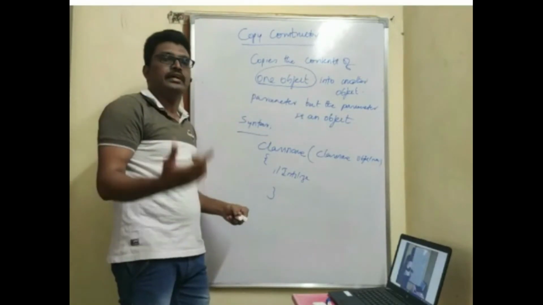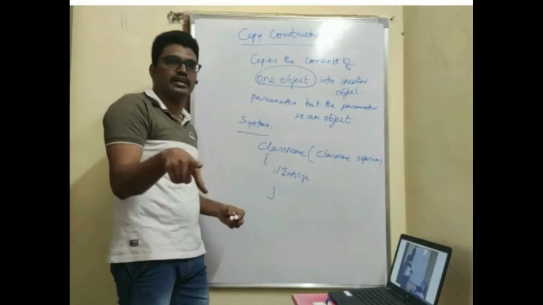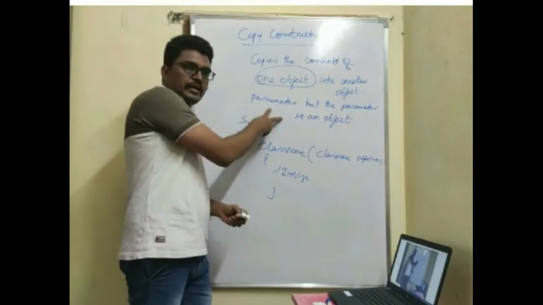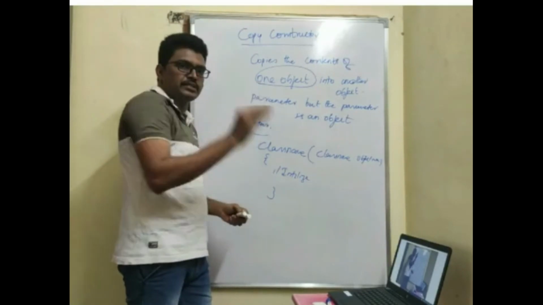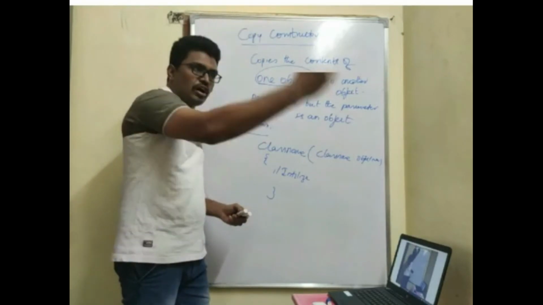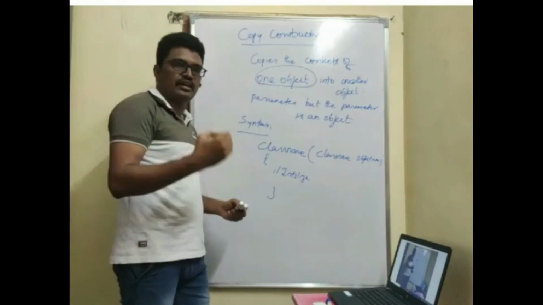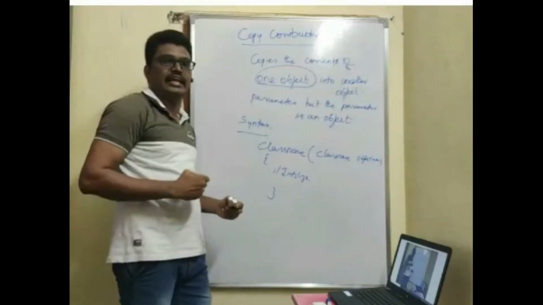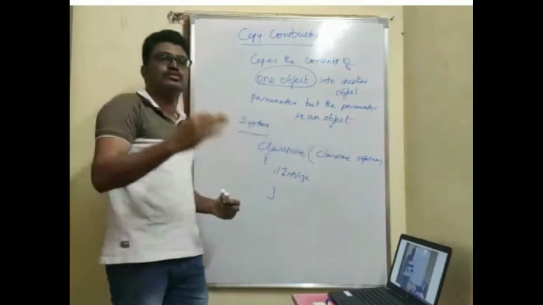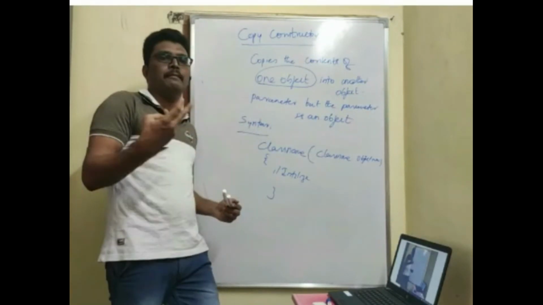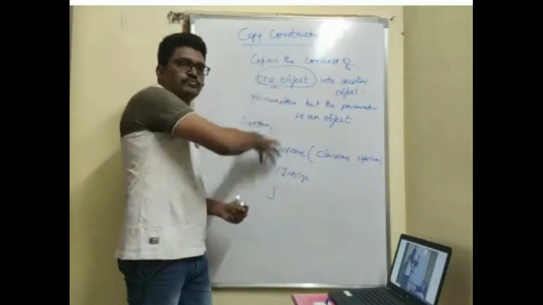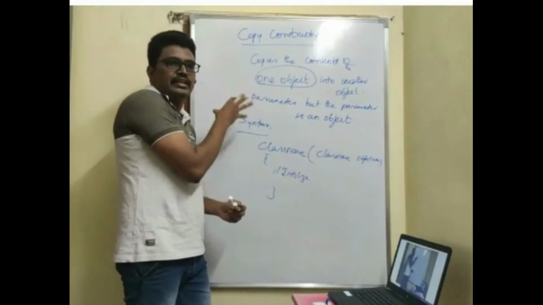So that is why you should have either a default constructor or a parameterized constructor to use the copy constructor. The copy constructor's main purpose is to copy the contents of one object into another object. So first, that object should exist, and that object should contain data in it. In order to get data into that object, you should use some other constructor, either default or parameterized. Then only can I copy the contents of one object into another object. Then only can I use the copy constructor.